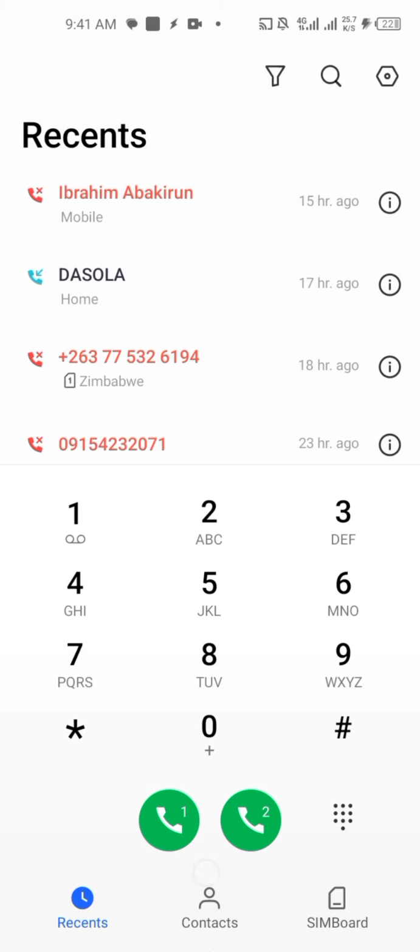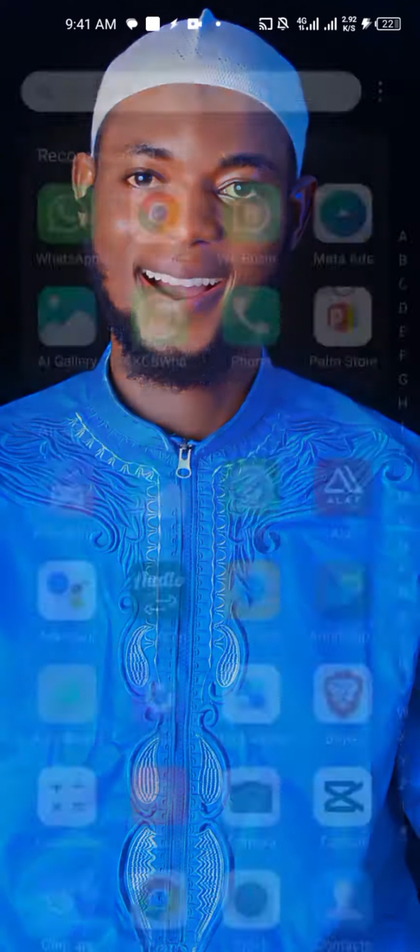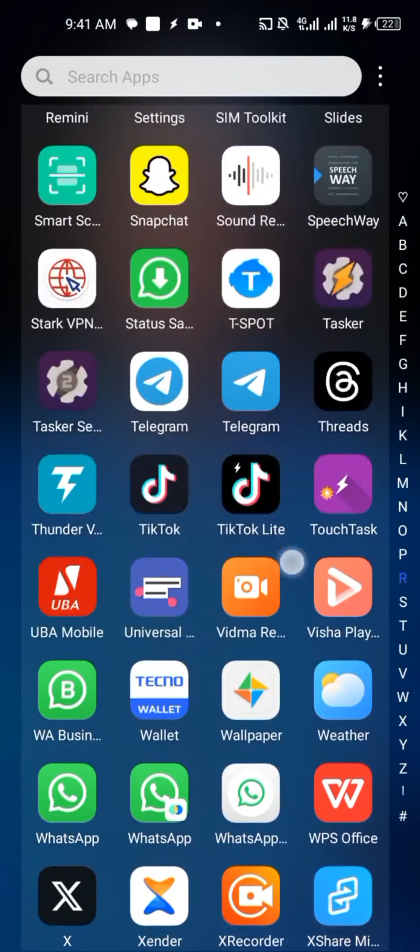Now, step 2 is to fund your MTN line with 500 naira. We actually want to buy 4 gig data for 500 naira. So you want to fund your MTN line with 500 naira. That is exactly what I'm going to be doing right now. I'm going to be using my app, which is